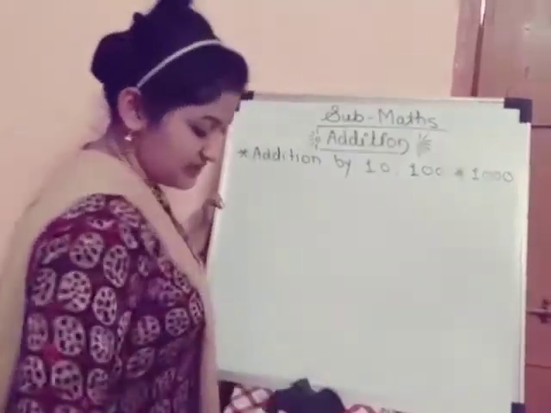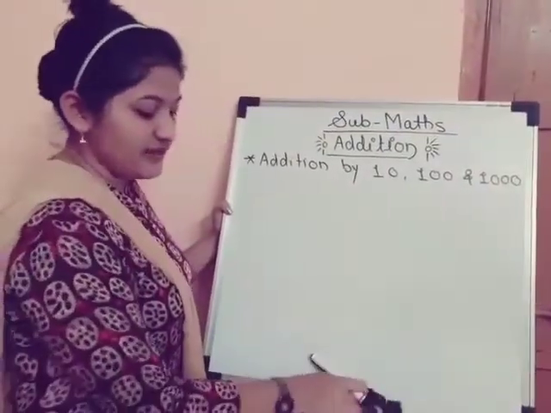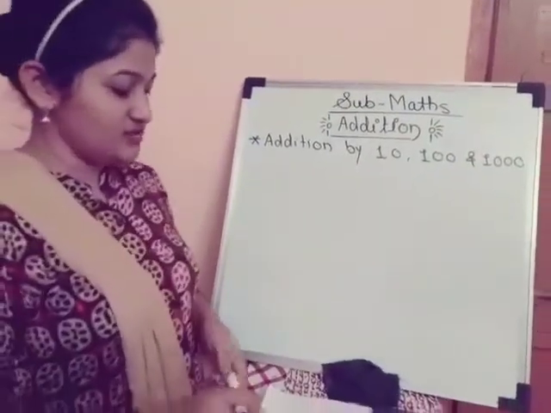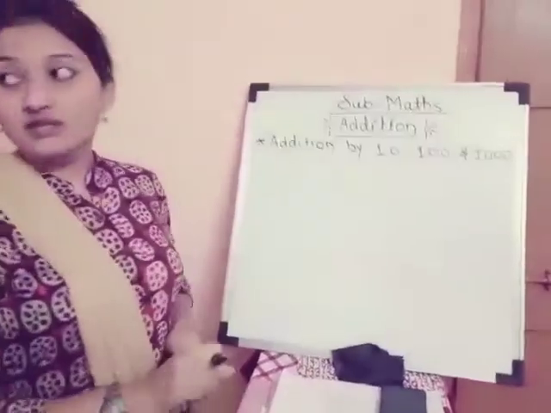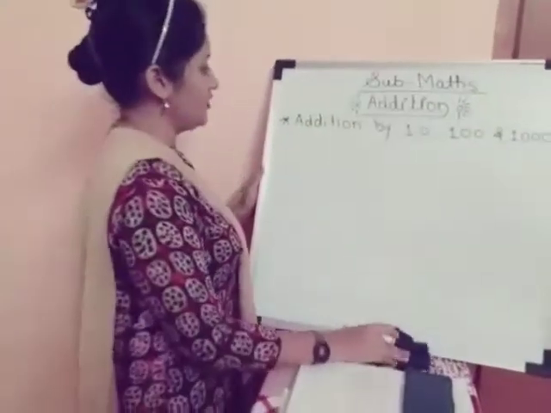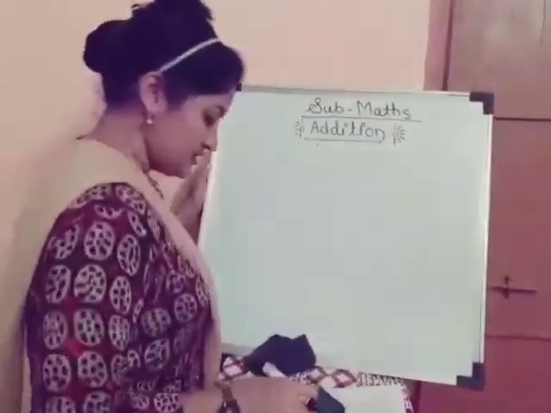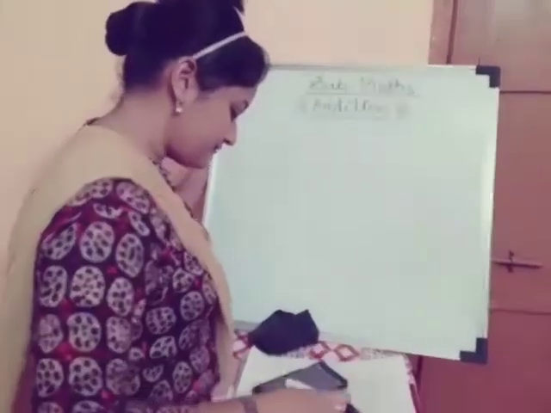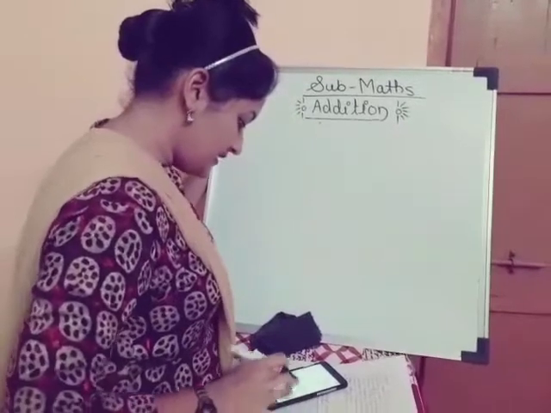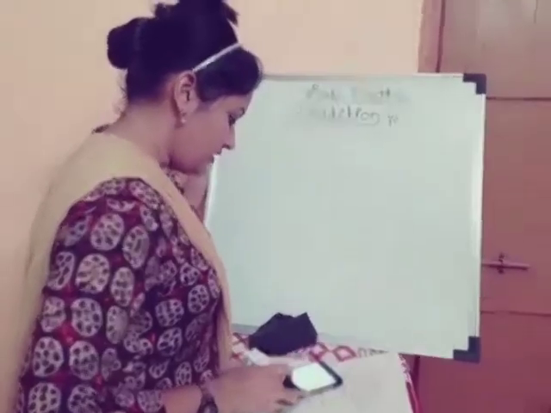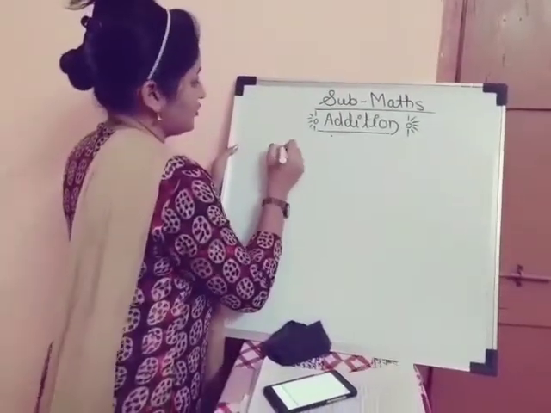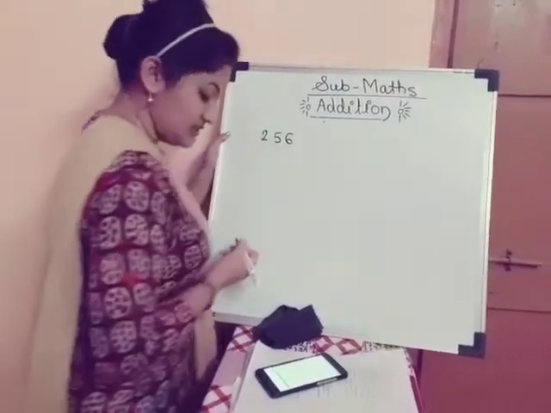The next concept is estimate sum by rounding off to the nearest 10 and the actual sum. This concept is completely new for you. I will solve one example for you, which is already given in your textbook. Estimate sum and actual sum. Here you have two numbers, 256, and the second number is